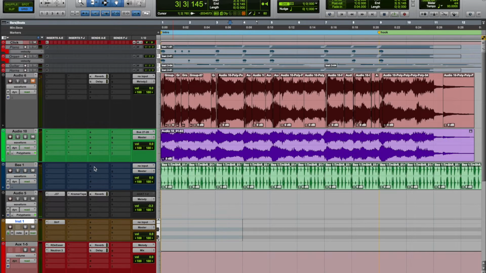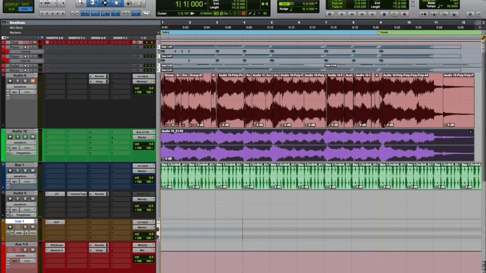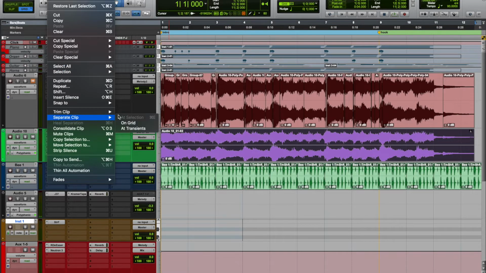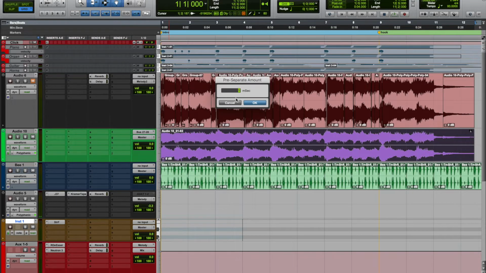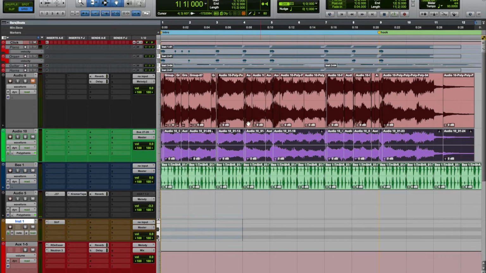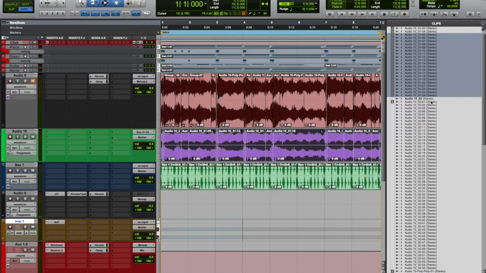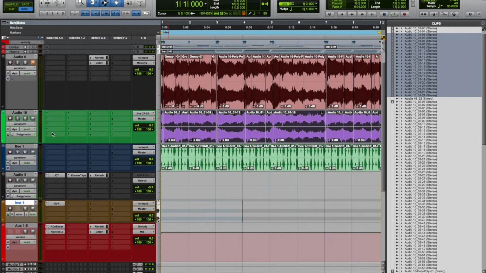Now let's say you wanted to chop it a little further. You'll notice that up top these are sliced up. So how I achieve that is by just going to Edit, going to Separate, going to Add Transients, leaving this on 5, pressing OK, and then it'll give you all the chops as one shots for you to preview. Since everything's in polyphonic, we'll let you preview here, but let's say you drag this down into an open track,